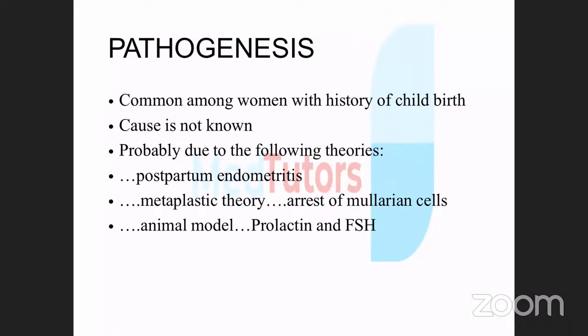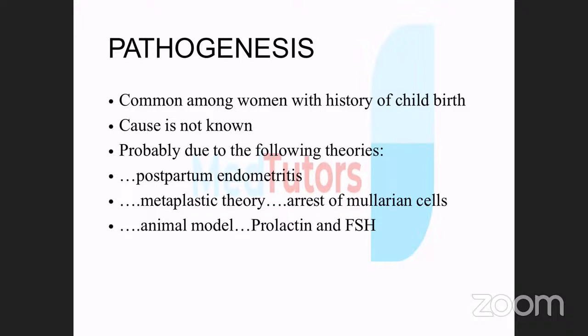It is common among women with a history of childbirth. So now, while endometriosis externa is found in 25 to 30% of women with infertility, endometriosis interna, that's adenomyosis, is commonly found among women who have given birth. The exact cause of adenomyosis is not known, but the theories include: 1, postpartum endometritis,